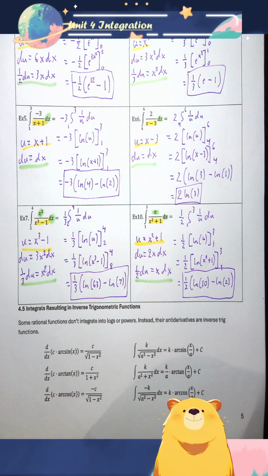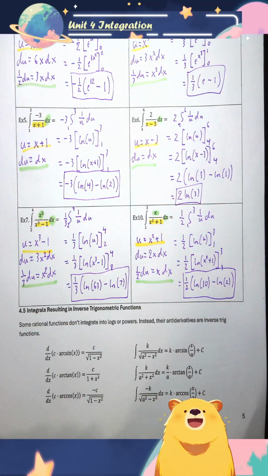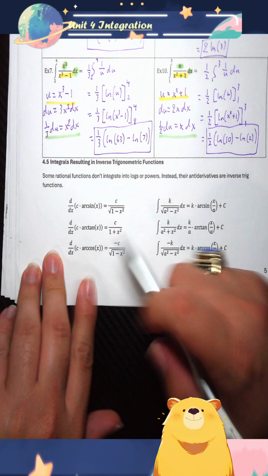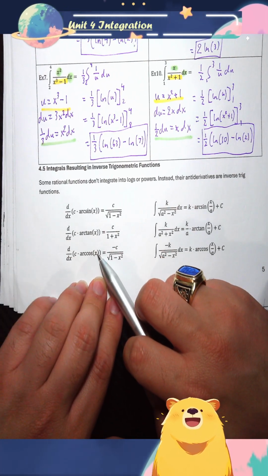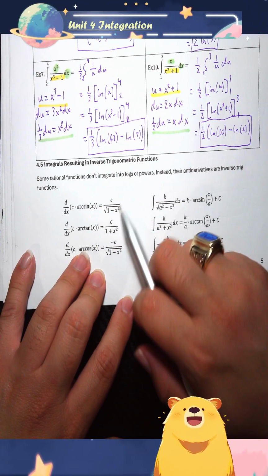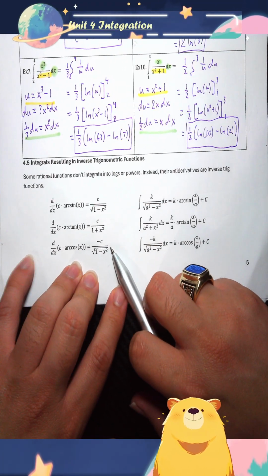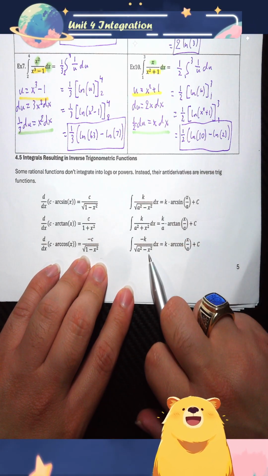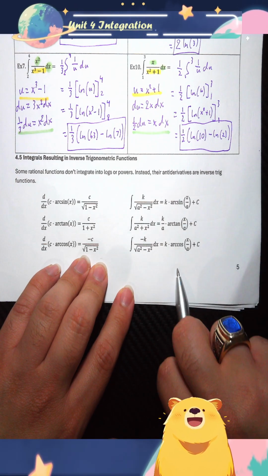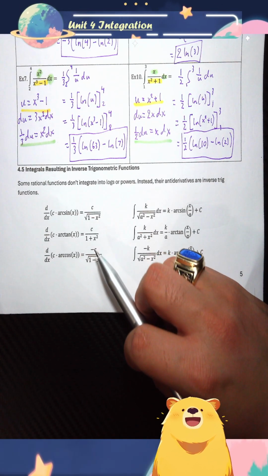Let's do this color. Okay, so integrals resulting in inverse trig functions. So recall the idea of the derivative of inverse trig functions, right? It's this sort of weird square root pattern where that x was always squared. This is a very unique pattern. So if you see a pattern of similar ideas, then you could go ahead and argue that it's the same thing. The only new thing that we're including this time around is